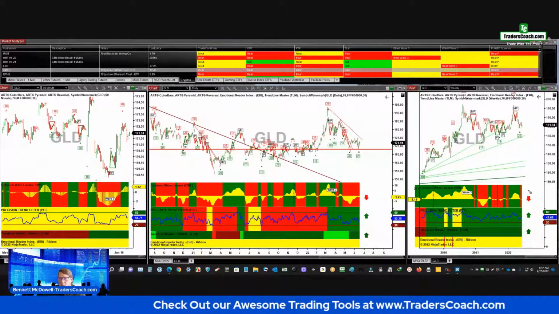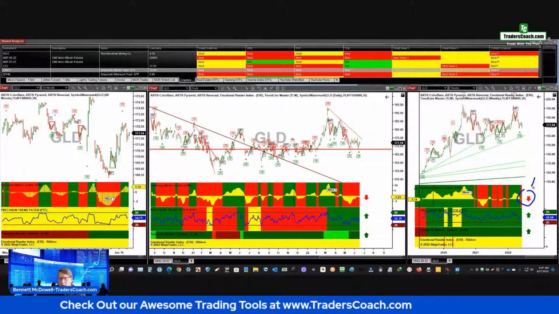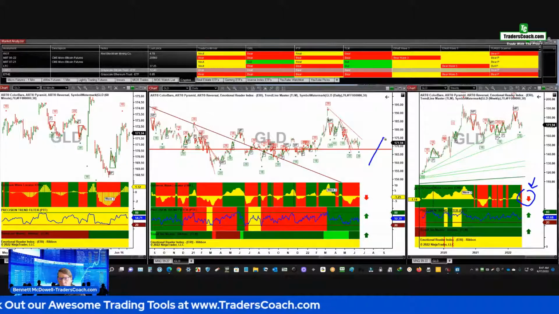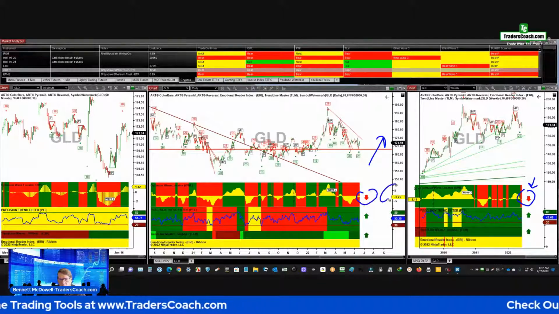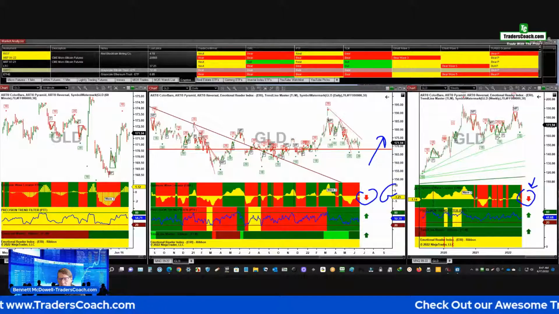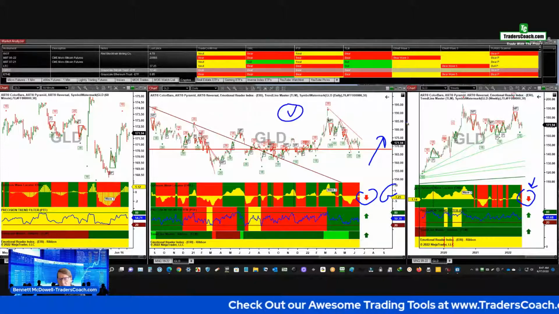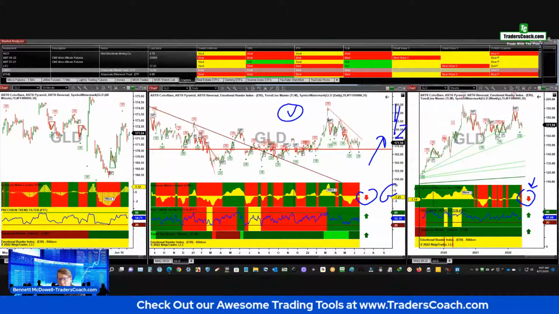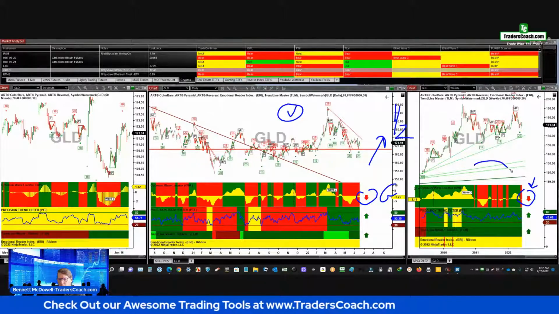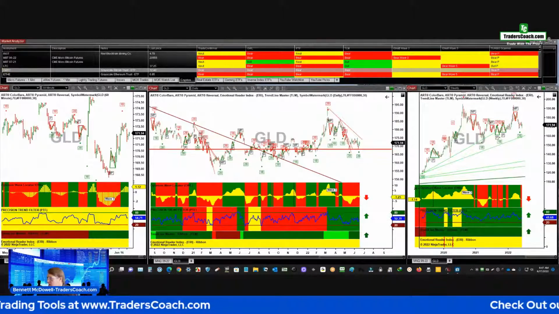The other thing that concerns me a little bit is that we have a red owl here. So if I go long here, let's say this goes green and this stays red, what I would do, even if I want to go long still, I would cut the position in half. That's what I do when I go against an owl on a long-term chart. Just saying. Okay, that's the way I do it.